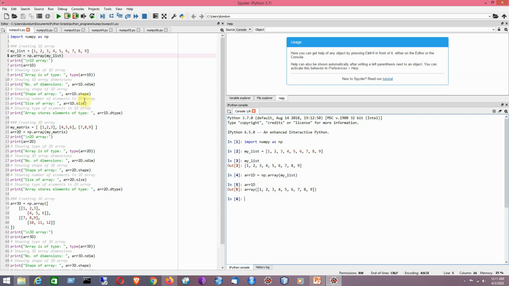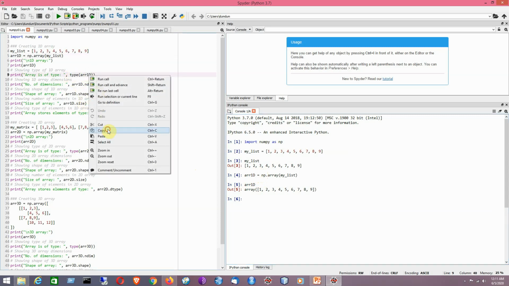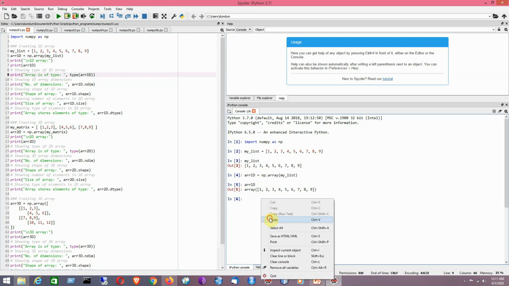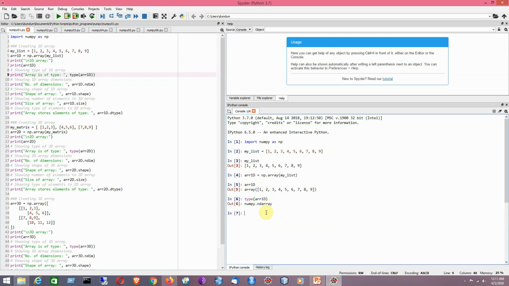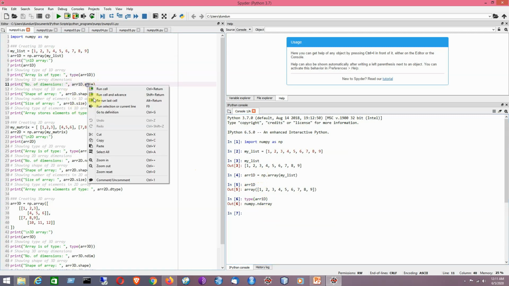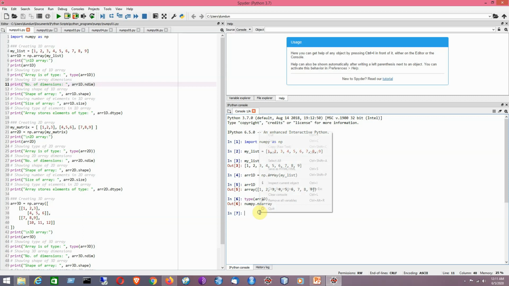Then I'll be using the next line of code. So it will be showing its type. Then comes dimension. So it is a one dimensional array. Next comes its shape.